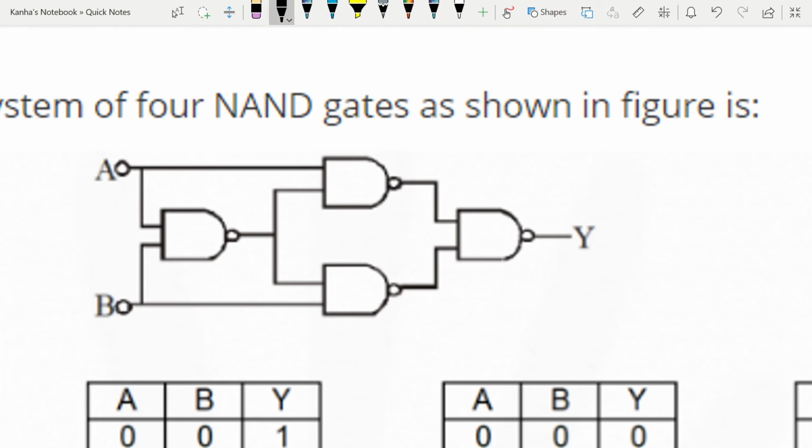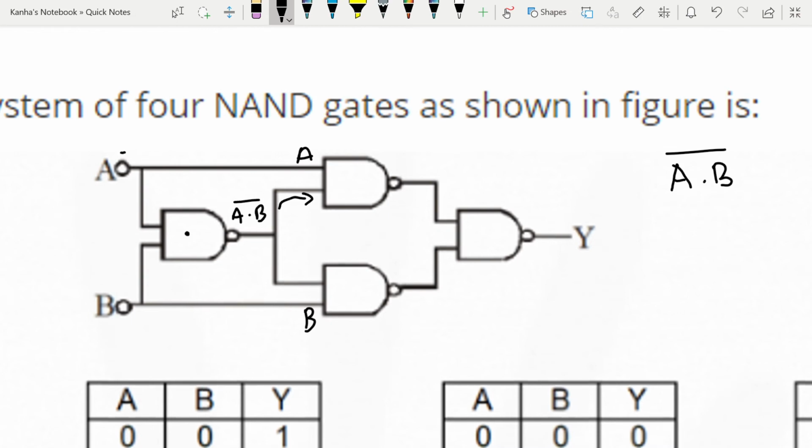You have to remember one thing, that a NAND gate means (A dot B) bar. So dot is an AND gate and the bar over it makes it a NAND gate. So how do you find the truth table for a structure like this? You start with the inputs and you start writing the inputs to various gates. So A is going there, B is going there. Now A and B are entering this first NAND gate, so my output will be (A dot B) bar.